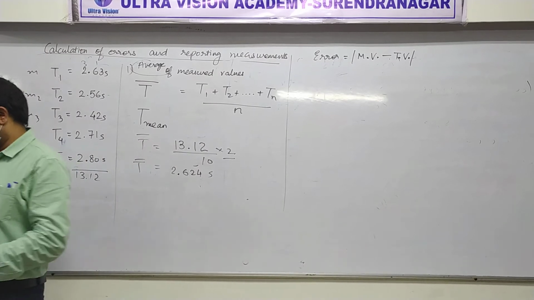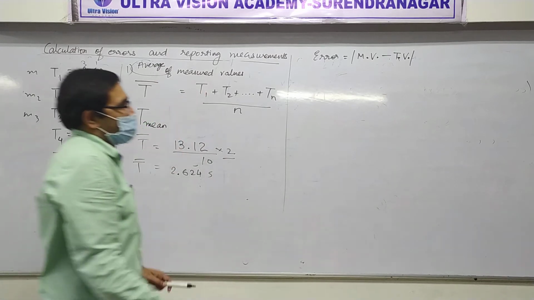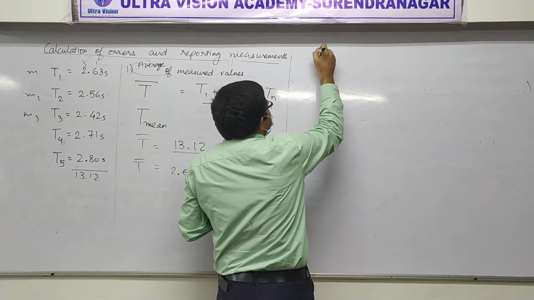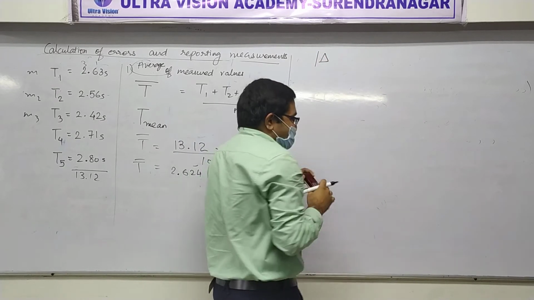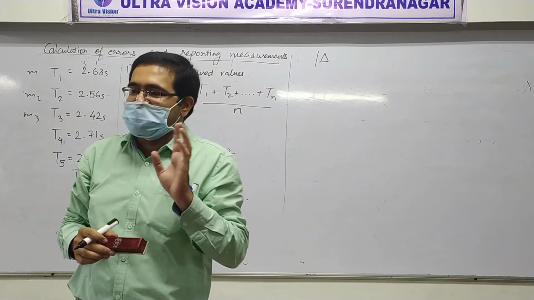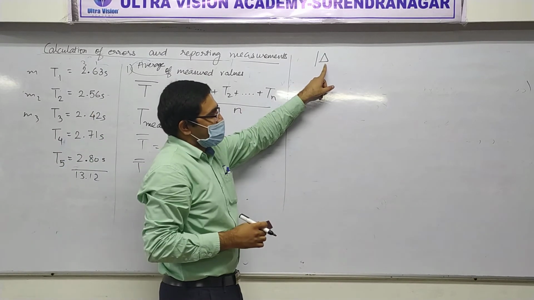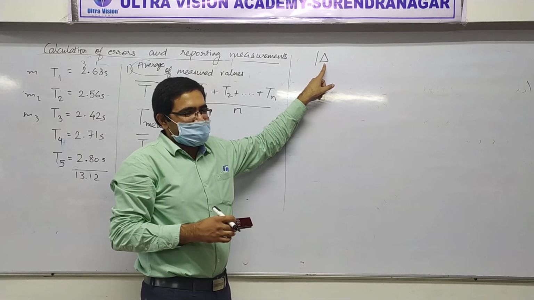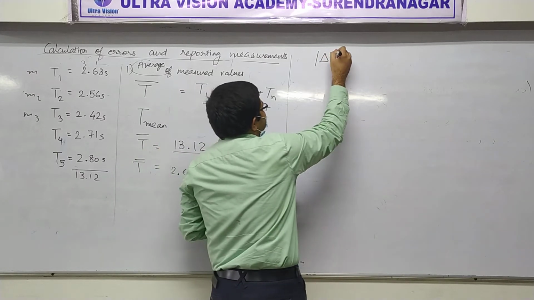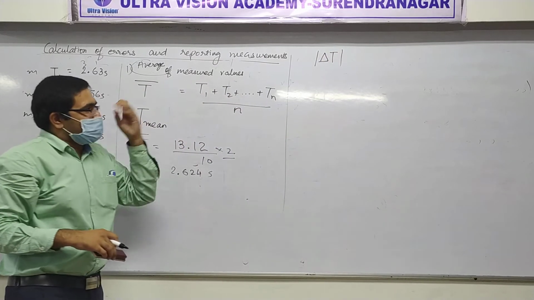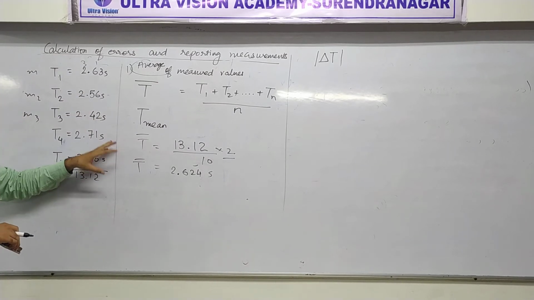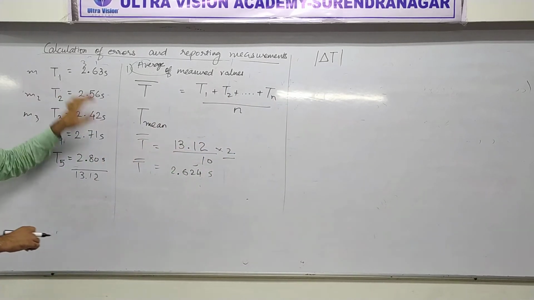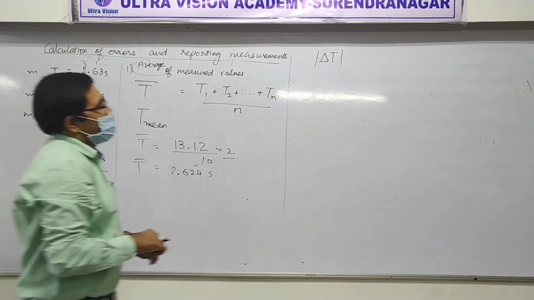But one more thing. So far we were not using any kind of symbols for errors. Now I will use the same formula. It is delta. Delta is the symbol of difference or change. I repeat, delta is the symbol of difference or change. Writing delta T can have different meanings, but in this particular topic, it means you are going to find the difference of the measured value and the average value, one by one. So, first one.